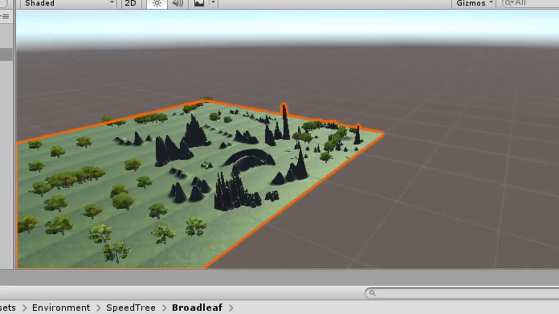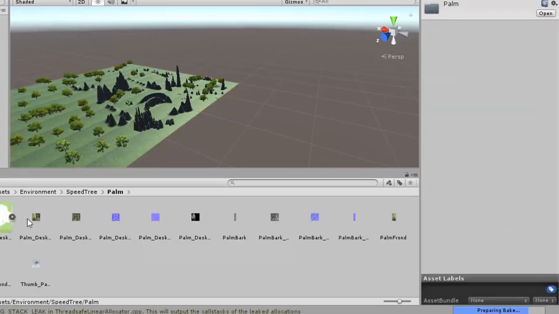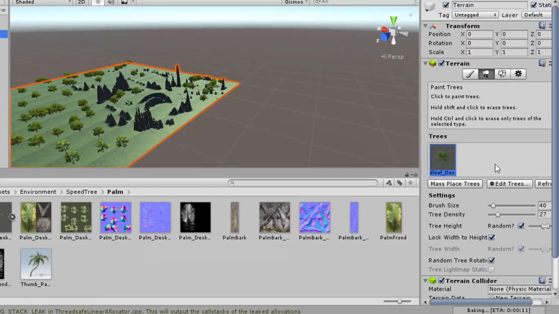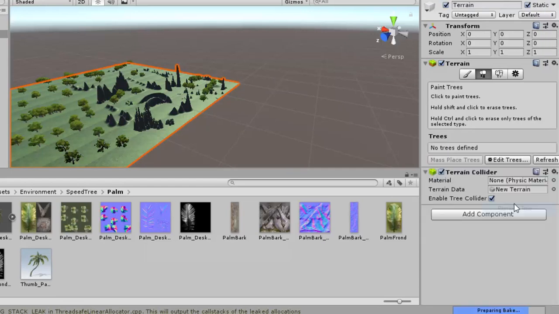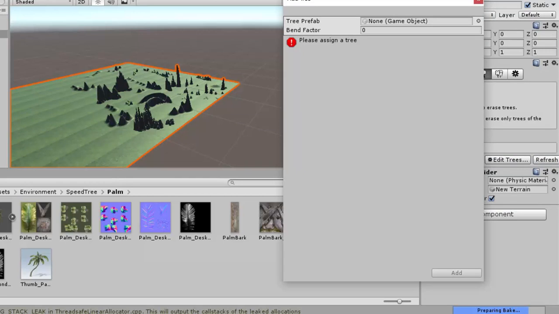We can also increase the density, and we can also take a different type of tree. Like now I am taking the palm tree.